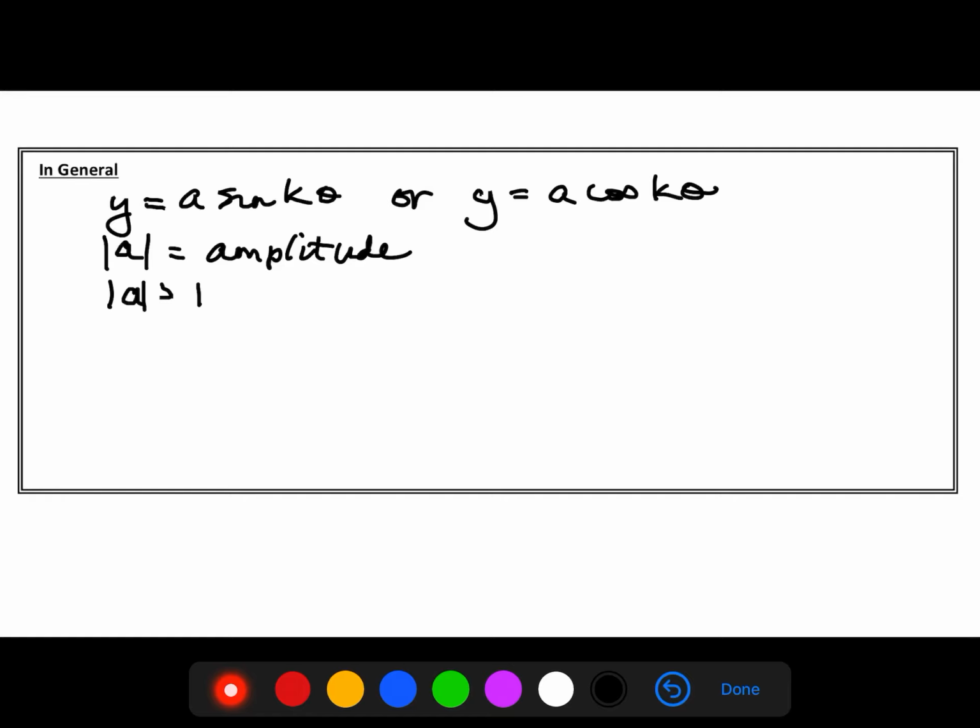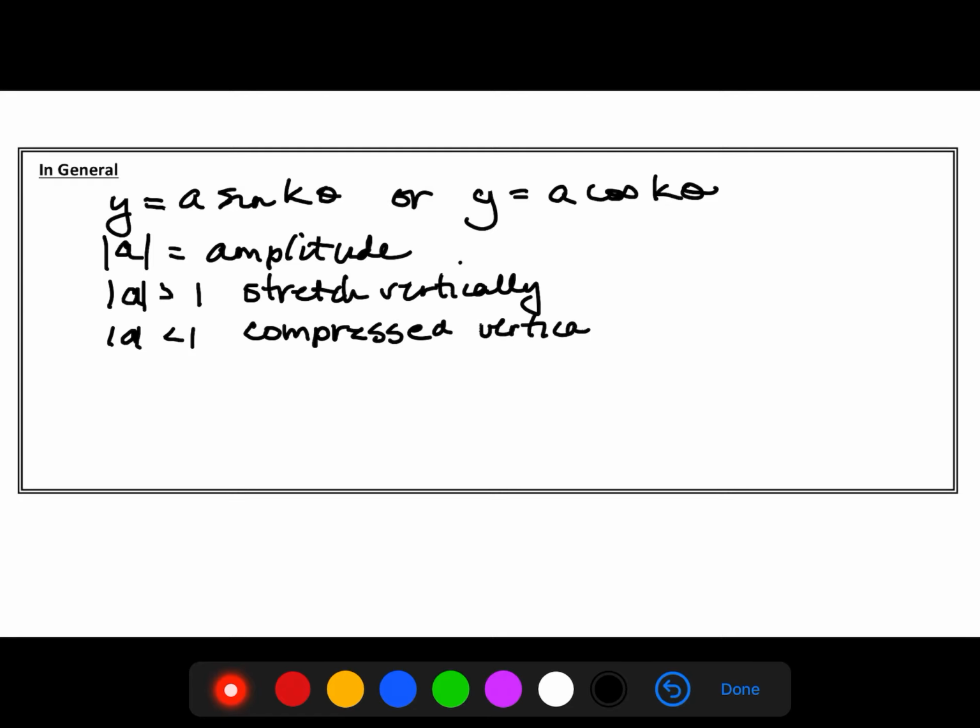So if the absolute value of a is greater than 1, then we have a stretch vertically. If the absolute value of a is less than 1, then it's a compression vertically